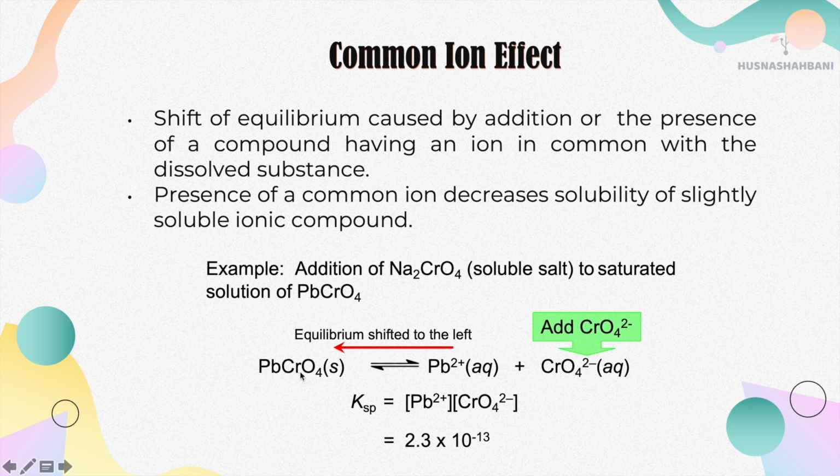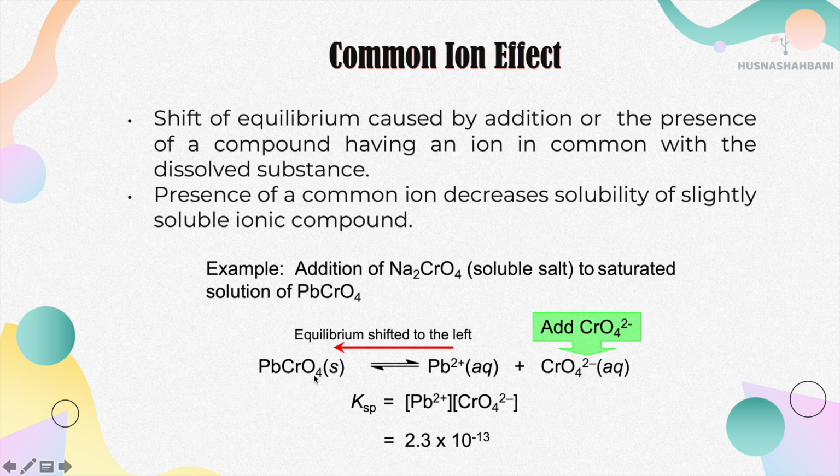So this is PbCrO4. When we add Na2CrO4, this is the common ion. Na2CrO4 has a common CrO4 ion with PbCrO4. The common ion is CrO4 2-. They have a common ion, these two. When they have a common ion, if you add